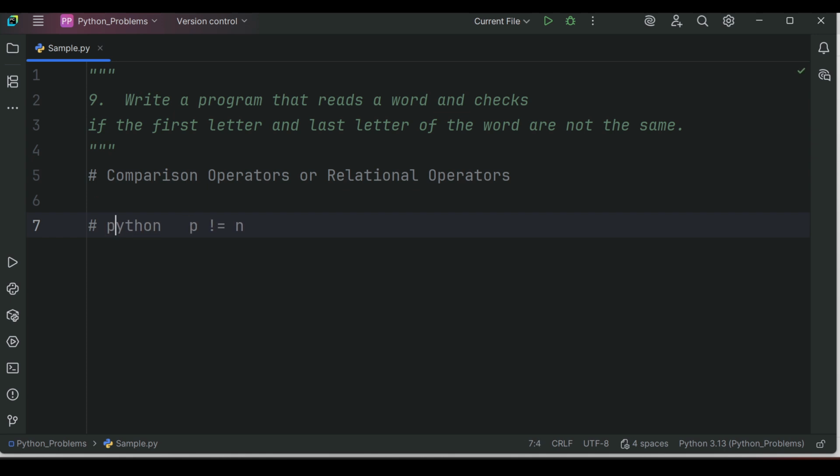Here I am taking completely lowercase letters. The first character is P and the last character is N. Here both characters are not the same, then the output will print true. This is the given problem. Okay, let's